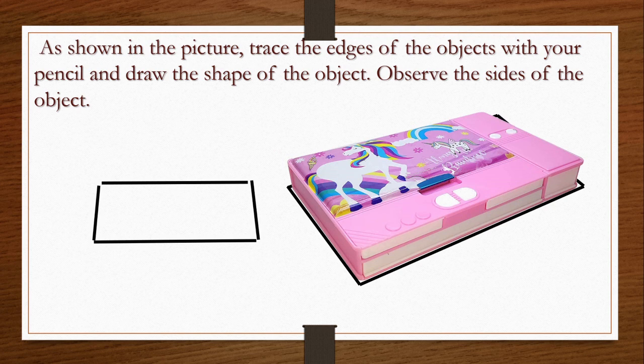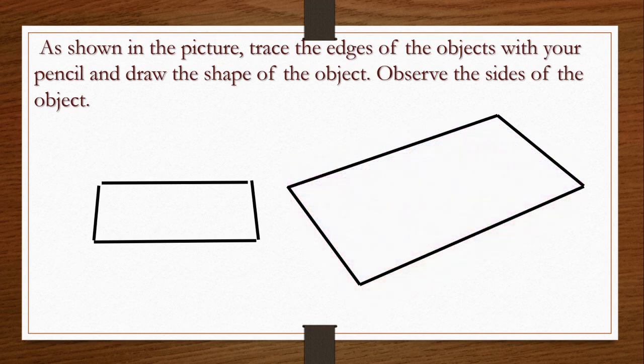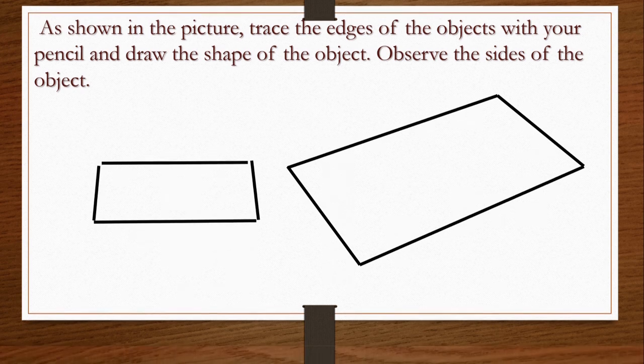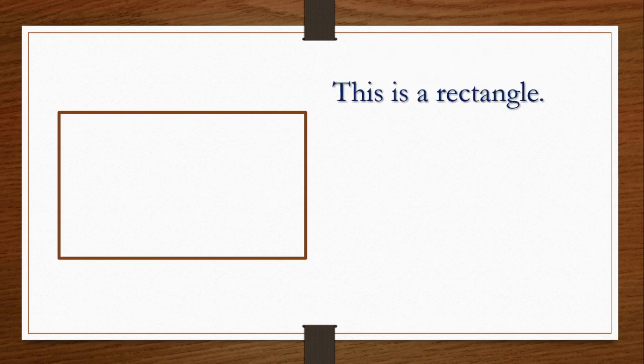Now what we will do? We will remove this object from the place. See here, what we got? We got some figure, right? Okay, the same thing we will draw once again with the help of the pencil here. See, this shape we got, isn't it? When we traced the edges of the matchbox and also the edges of the compass box, we got this shape. This is nothing but a rectangle.